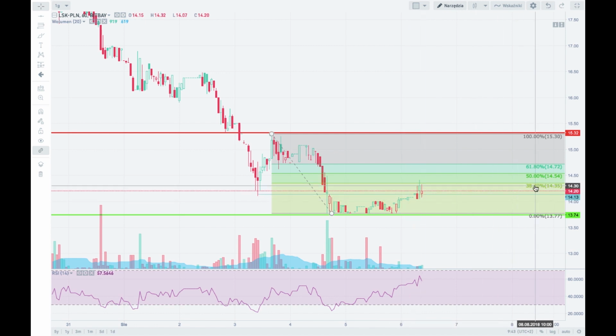The price has hit the 38% Fibonacci retracement at 1435, but it still has the potential to go a little bit higher to the 50% at 1454, and then possibly even to the level of 61% Fibonacci at 1472. Right, only after this level is cleared,